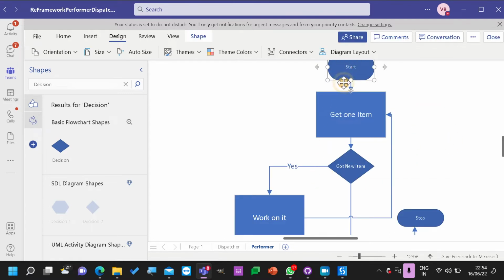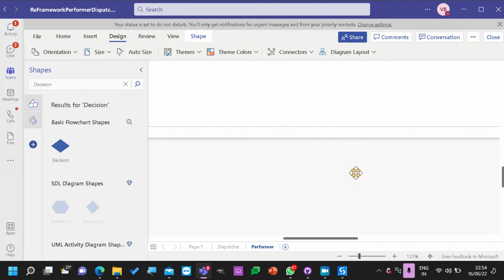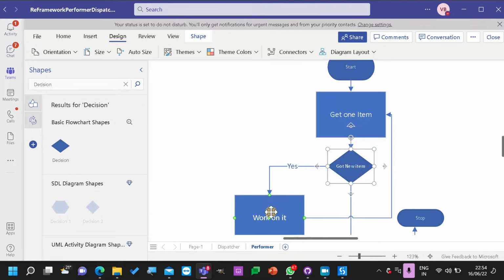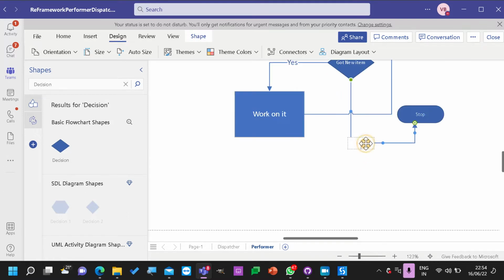So from start, it is getting one item. If I get a new item, then work on it. And after completion of it, get one more item. If I got a new item, then work on it. Or no, there is no need to work on this, so stop.